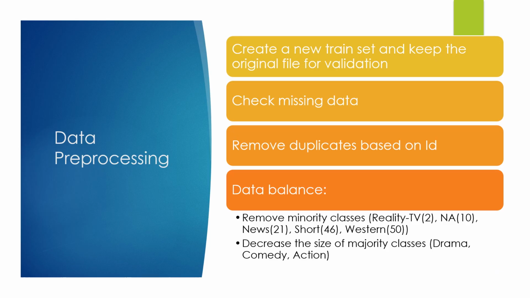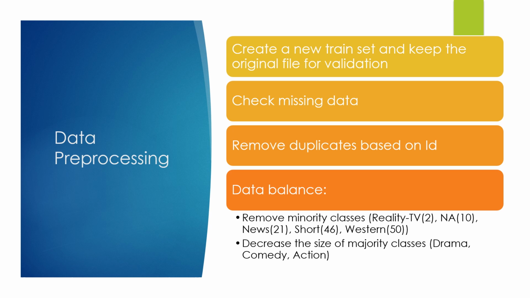The first thing that we need to do is to prepare our data. So we will create a new train set based on the original train.csv file that we have and keep the original file for validation later. We will check for any missing data to see if we need to fill in anything. And lucky for us, we do not have any missing data in this data set. We also need to remove some duplicates based on the ID. So I do this with the remove